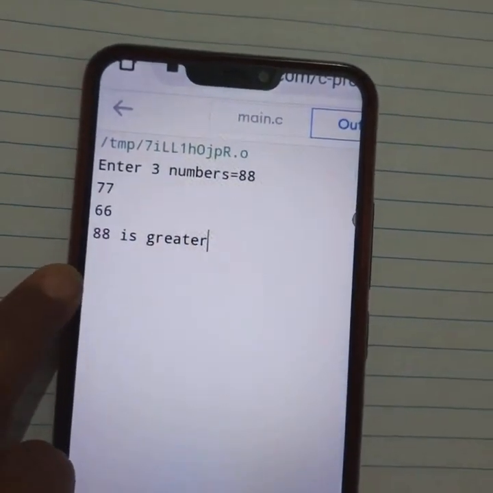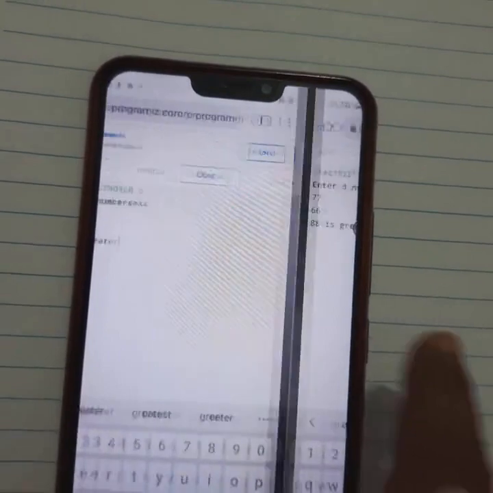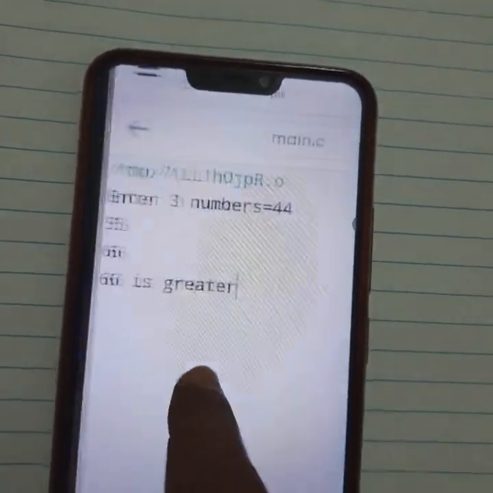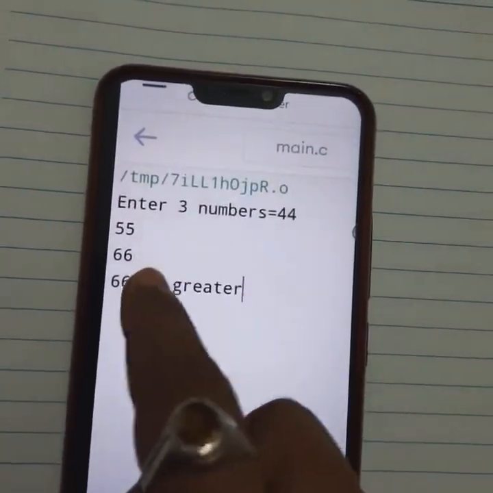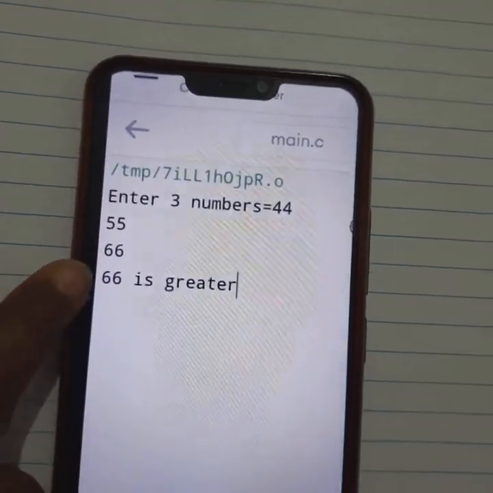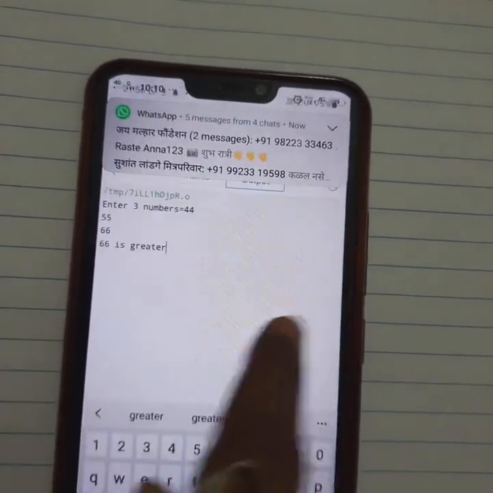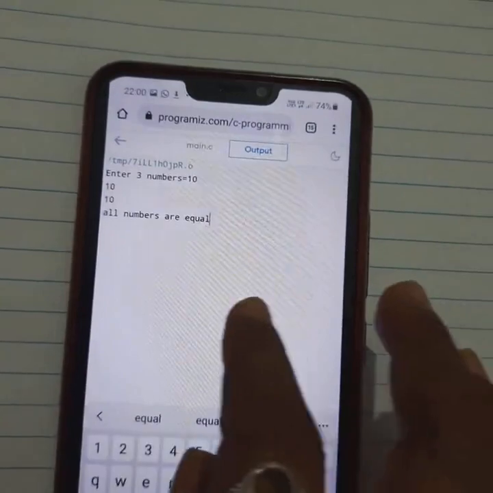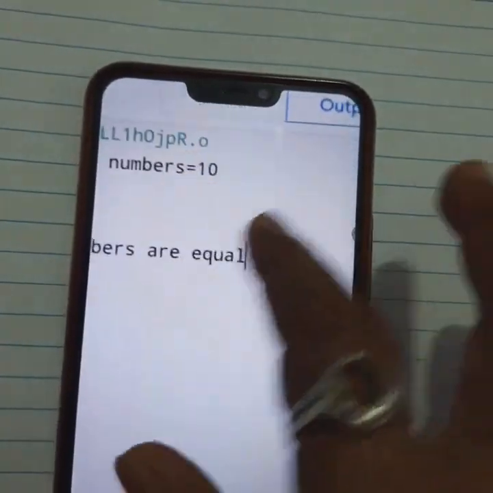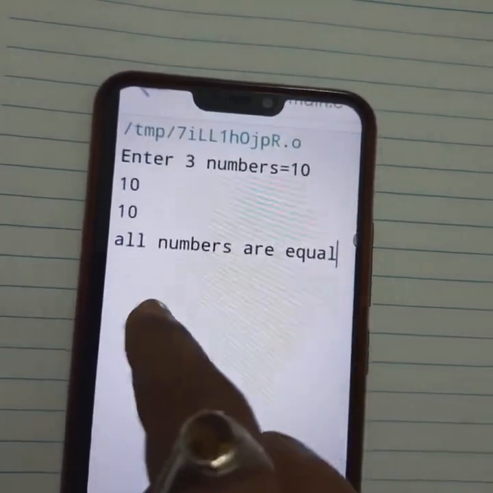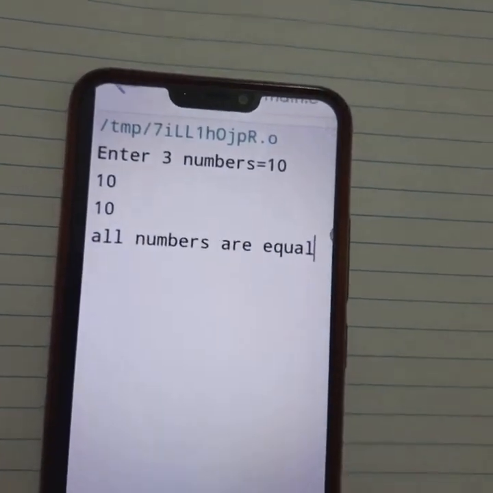The first number, 88, is greater. Then 44, 55, 66, where 66 is greater. After that I take three numbers, that is 10, 10, 10. All numbers are equal here.